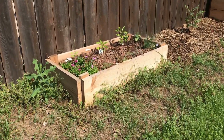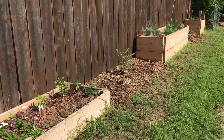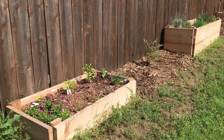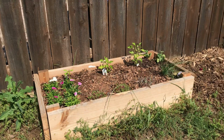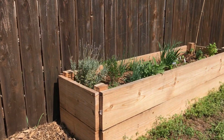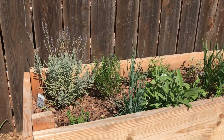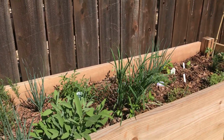Right, let's see if this works. So this is what Johan built for me when he discovered he could get 2x12s really cheaply at work. I have peppers and herbs and flowers, and in between I've got blueberries, and in this tall bed it's all herbs: lavender, rosemary, thyme, sage, tarragon,